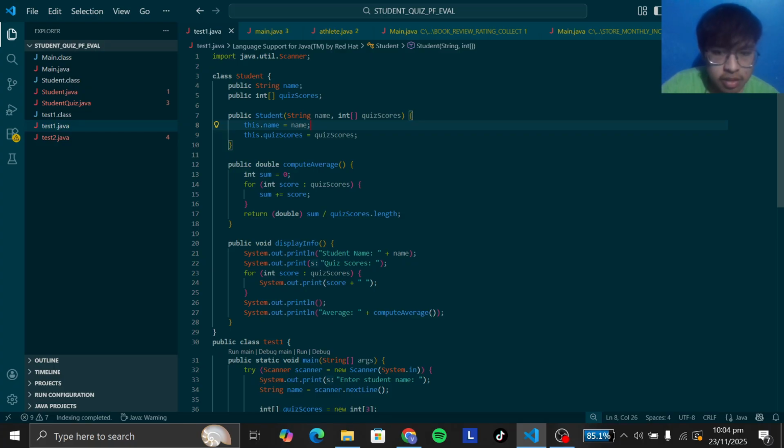The program begins by importing the Scanner class from the Java util package, which allows it to read the input from the user through the keyboard. It then defines a class named Student, which serves as a blueprint for creating student objects that store a student name and quiz scores. Inside the Student class, there is a public variable name that holds the student's name as a String and a public integer array, quizScores, as you can see on the screen, that stores